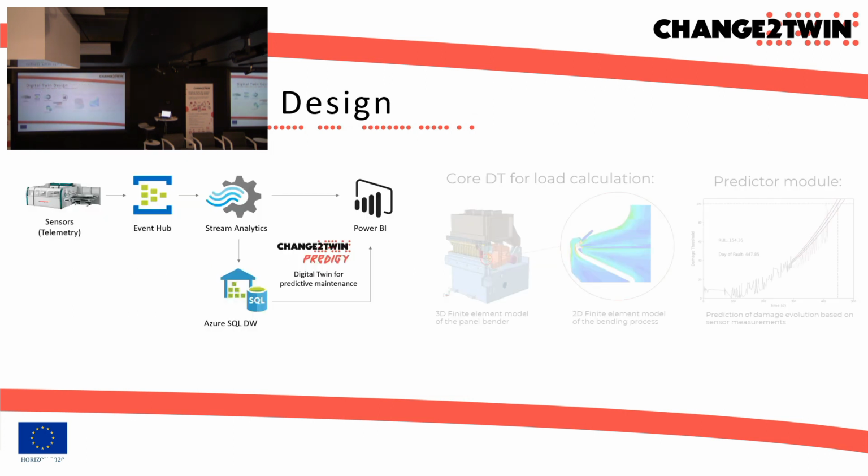So as mentioned, Salvagnini has great knowledge on bending technologies. They also established the complete digital thread, so they have sensors integrated, streaming all the production data from the field to a database. They use Power BI in order to analyze this data by hand. And the goal of the project was to come up with a module that does the work of the service